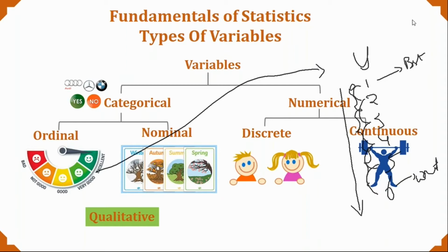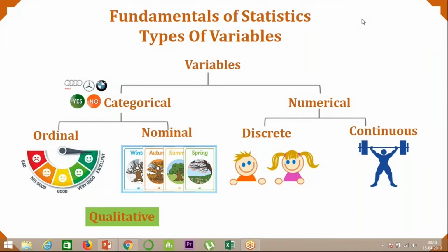Just like the education example which I have given you: undergraduation, post graduation, PhD, right? That is how an ordinal variable works. If it is a yes or a no, like loan prediction, should I give the loan, yes or no or don't know, depending upon these things, it is a nominal one.